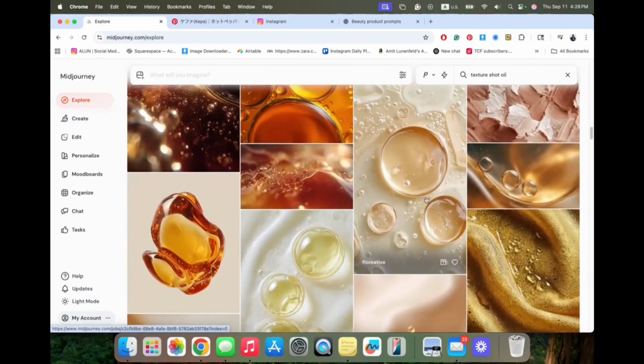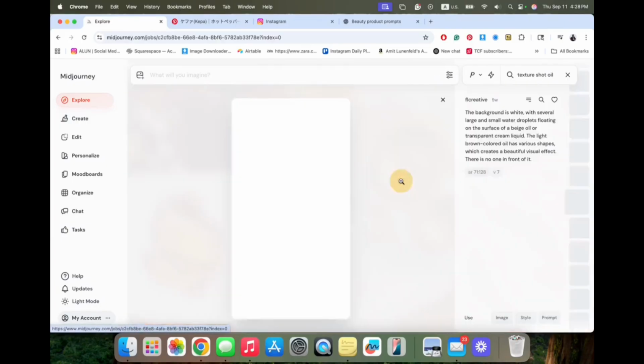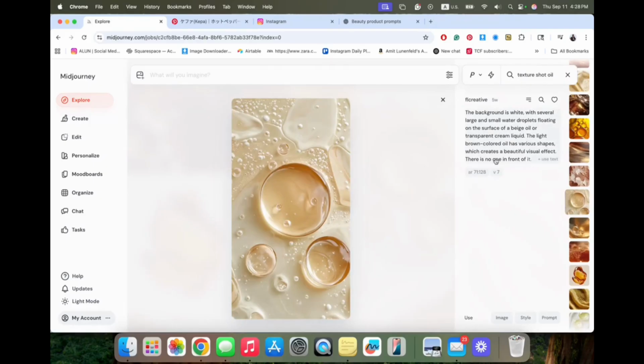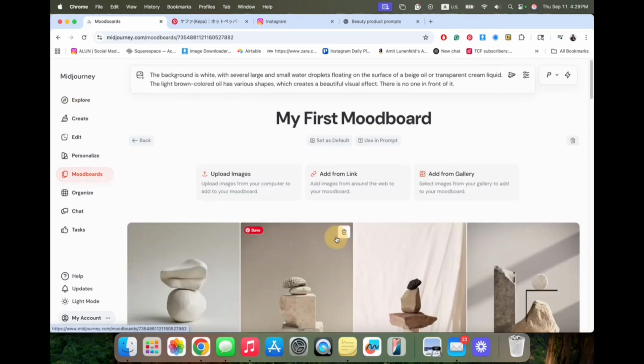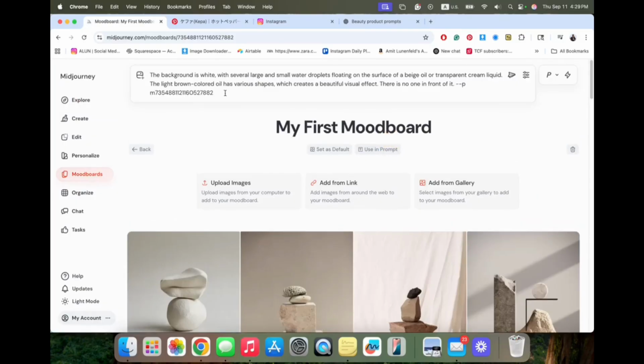So let's say I love this specific detail. You can see here you have the prompt. You just click on the prompt, and it's copied into my search bar. You can go into the mood board, so it will be in your colors, in your style, and add your specific mood board for the project.